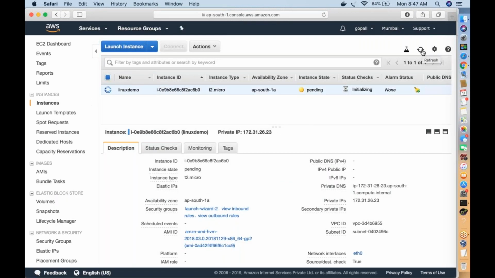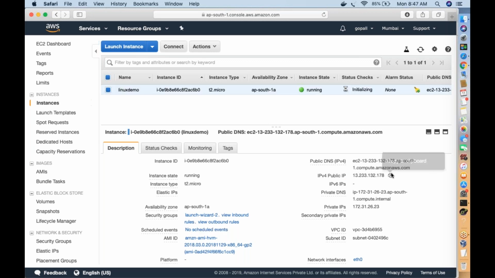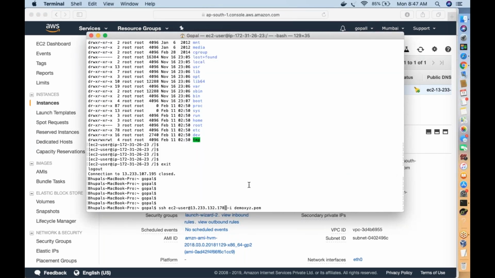This works only for test servers; in a real-time scenario, there will be dedicated public IPs, so the IPs don't change. Remember, the private IP is not getting changed, only the public IPs are changing, but using the private IP we cannot access the server. Now see, a new public IP has been assigned. Take this public IP, I will paste it here and enter. That's it.